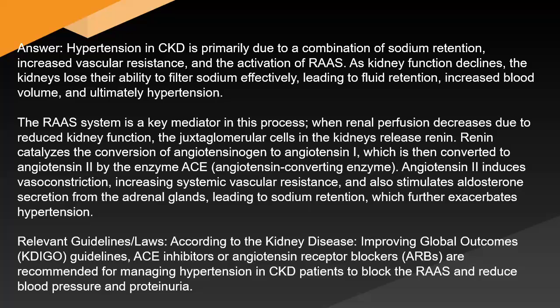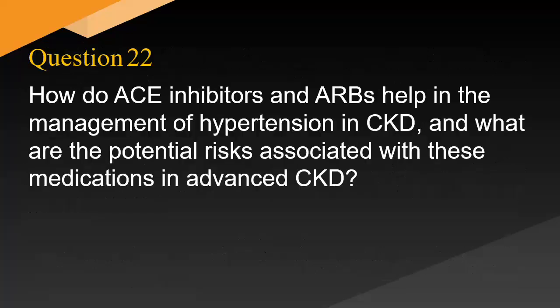Relevant guidelines. According to the Kidney Disease Improving Global Outcomes (KDIGO) guidelines, ACE inhibitors or angiotensin receptor blockers (ARBs) are recommended for managing hypertension in CKD patients to block the RAAS and reduce blood pressure and proteinuria. How do ACE inhibitors and ARBs help in the management of hypertension in CKD, and what are the potential risks associated with these